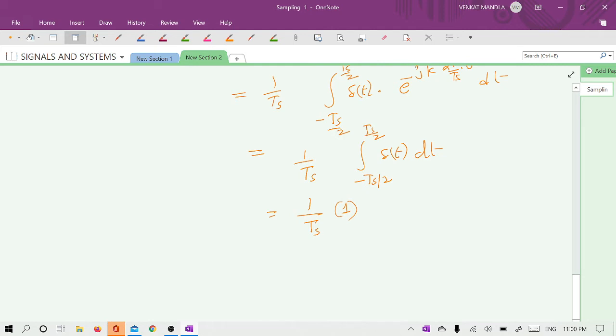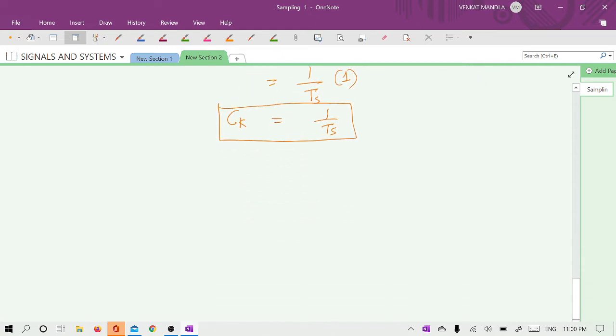Area under the impulse, the unit impulse, is 1 if 0 is included in the limits, otherwise it is 0. So that is Ts. So the exponential Fourier series coefficient Ck is 1 by Ts. Then how do you represent it? Once you have got